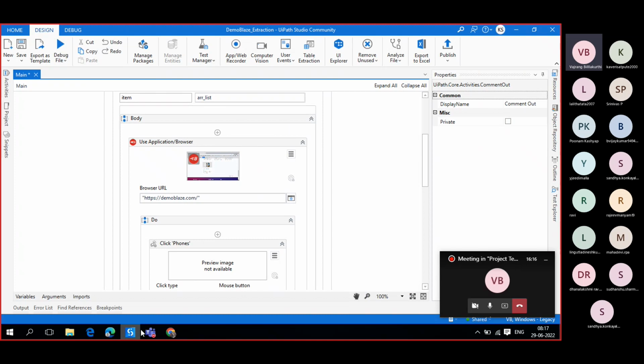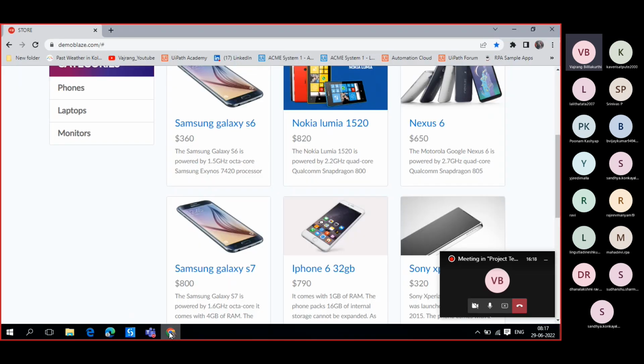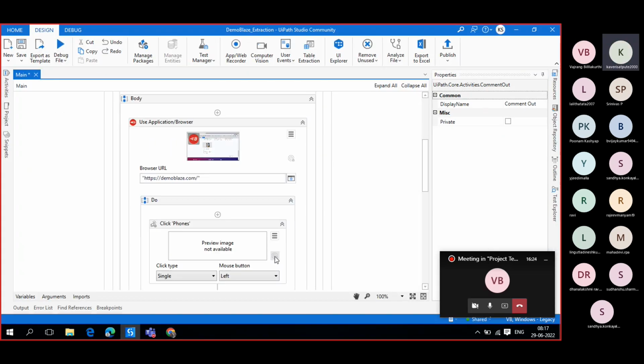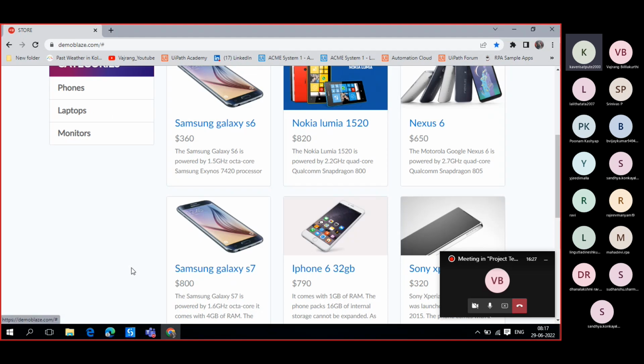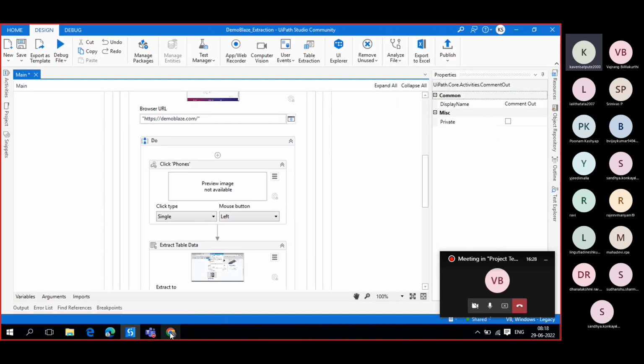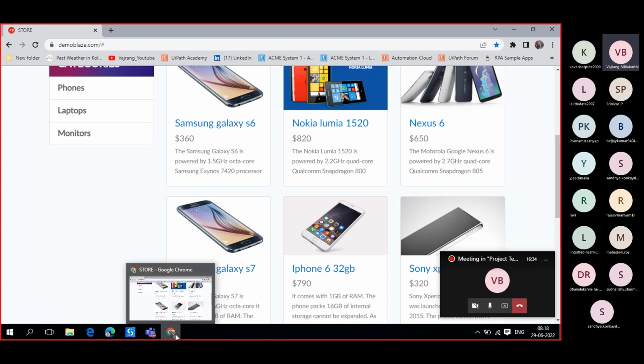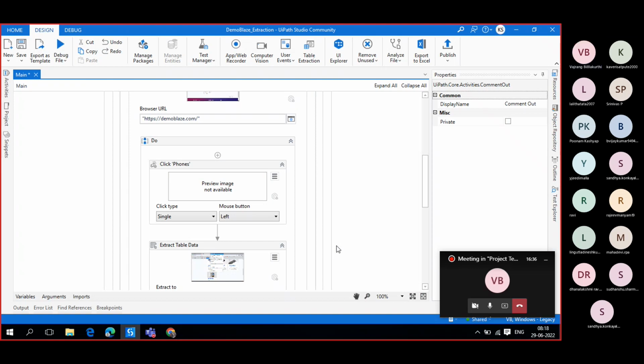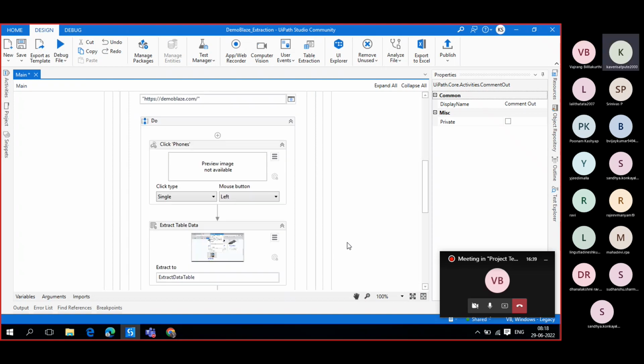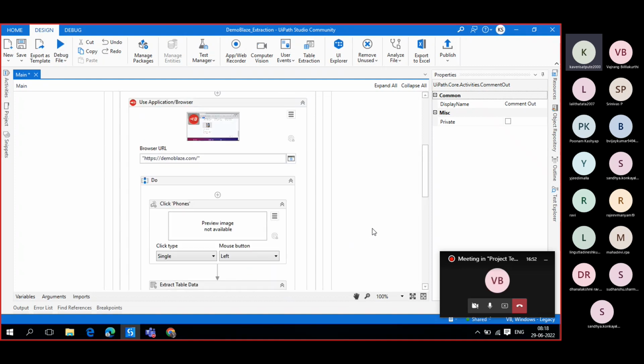Okay, let's assume that after laptops the bot failed, like the application got closed. Then every transaction, the application will close. Like the first phone will close after it extracts. No, no, no. That's the wrong approach. If you're closing it every time and opening it, that's a wrong approach, right? Because if it is already open, if it is just a transaction item, then why should you close it? Yes, they are implemented in normal sequence.